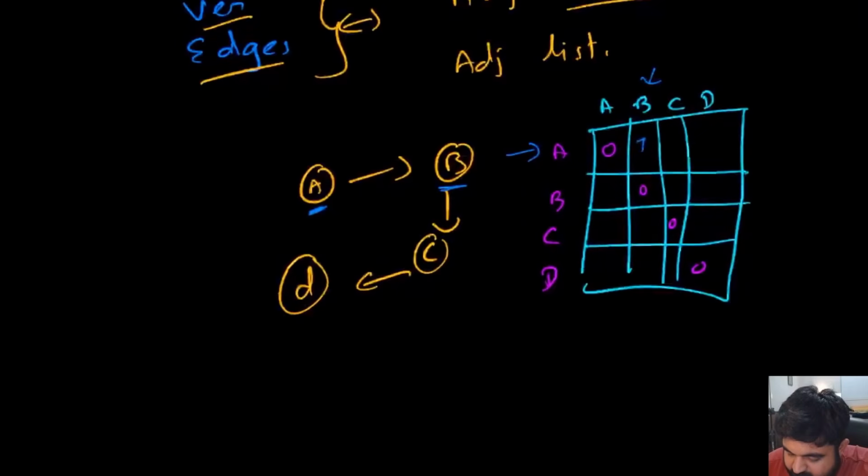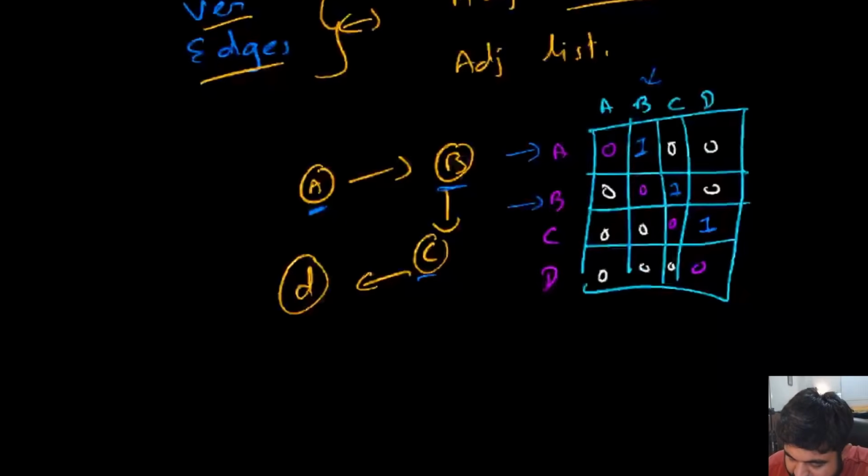So in this case we would mark this value as 1. Now B has a connection with C. So node B has a connection with C, so we would also mark this value as 1. C has a connection with D, so C to D we would mark it as 1. And D does not have any connection, which means this is going to be 0. And all the other values are going to be marked as zeros because they don't represent anything, which means